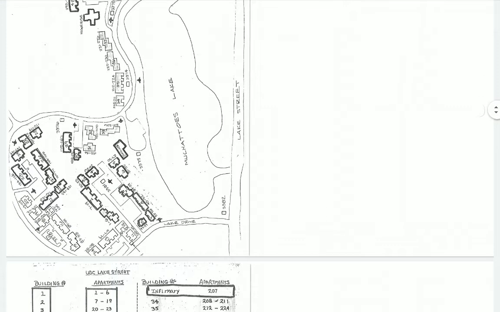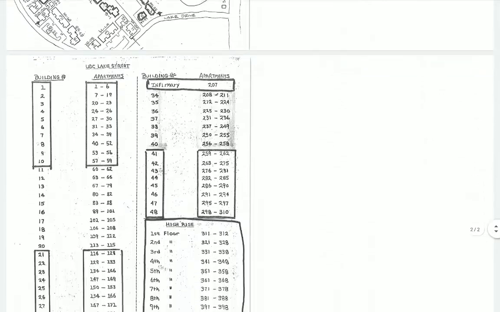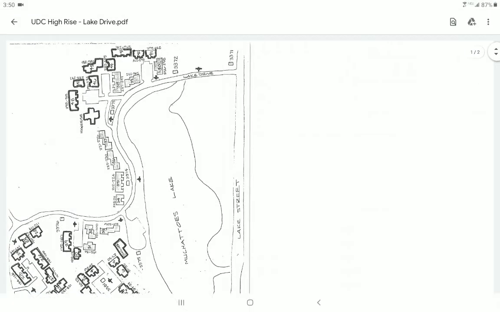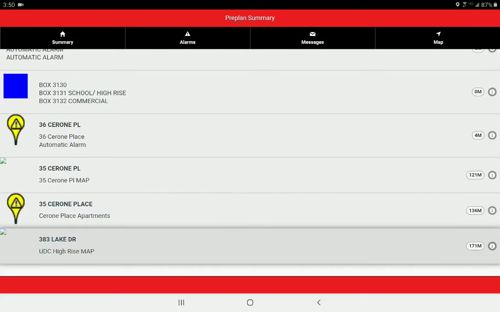For our apartment complexes such as Kenny Courts, Williamsburg Drive, and Lake Drive, it's better to look at the written map, because the map for the app uses Google Maps, and that's not always accurate when it comes to these because it just screws with the addresses. So it's definitely better for those places to verify with this. All right, we'll go back